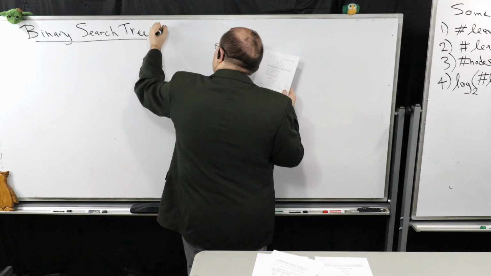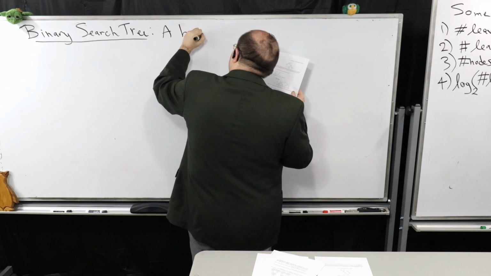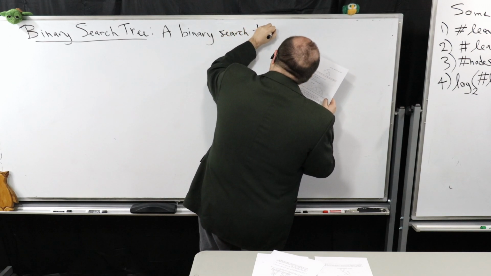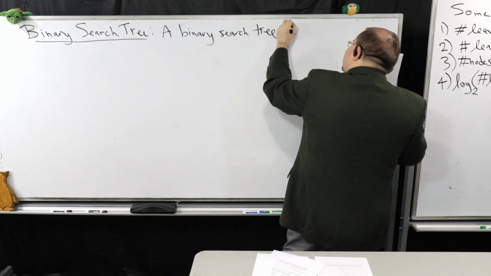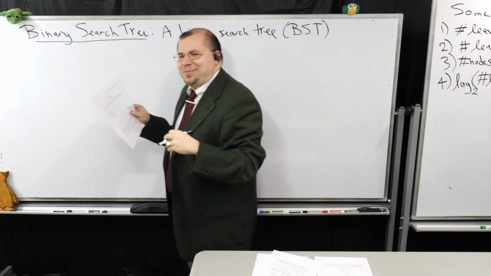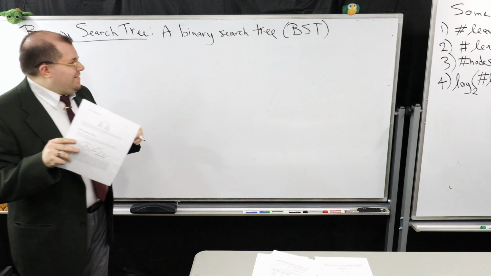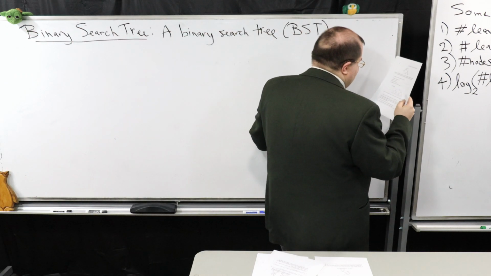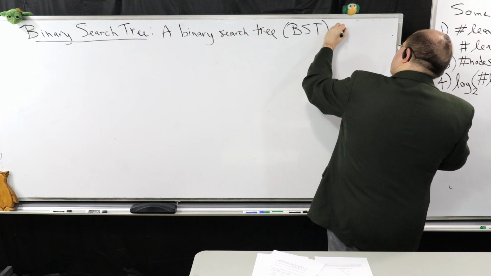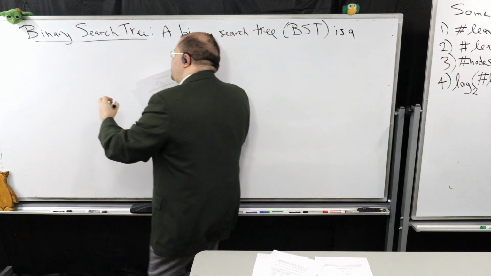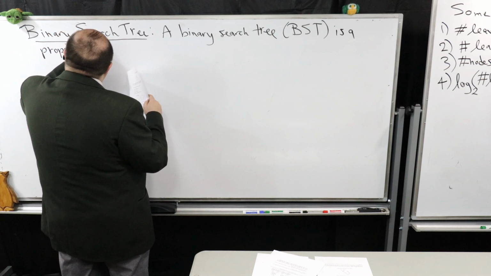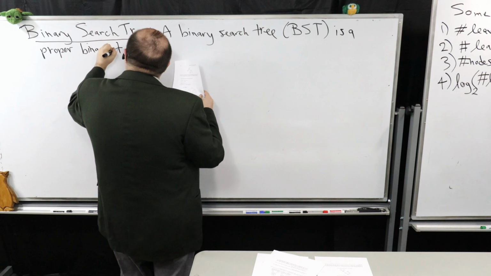A binary search tree, which I'm going to abbreviate as BST, just because writing that over and over again can be quite infuriating for some students' arms, so I'm going to avoid doing that. A binary search tree, or BST, is a proper binary tree